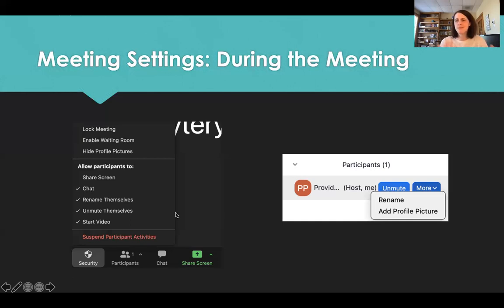Unless I have participants presenting in a meeting, I don't choose share screen, but I do allow participants to chat and then to rename themselves, unmute themselves, and start their video. Those are some basic things that make it easier if the participant can do that and you're not managing that